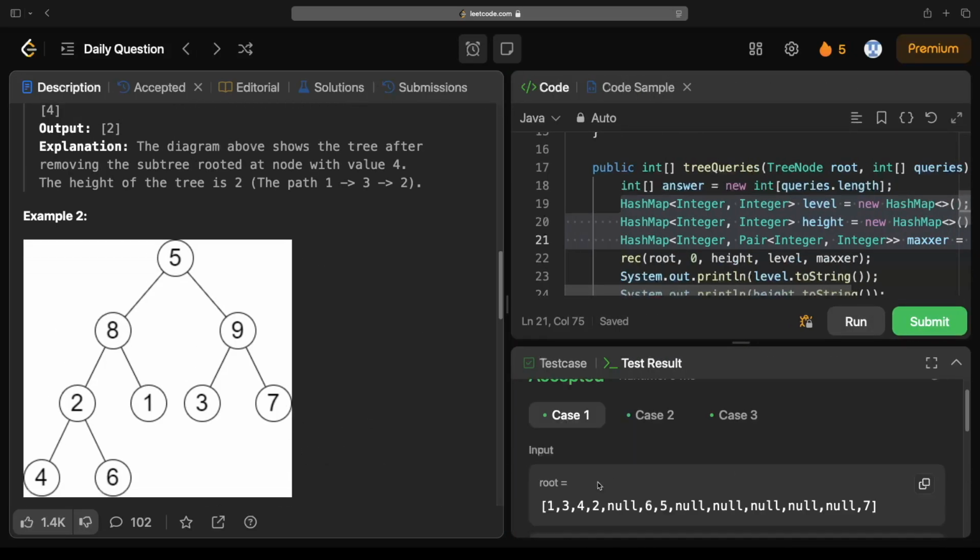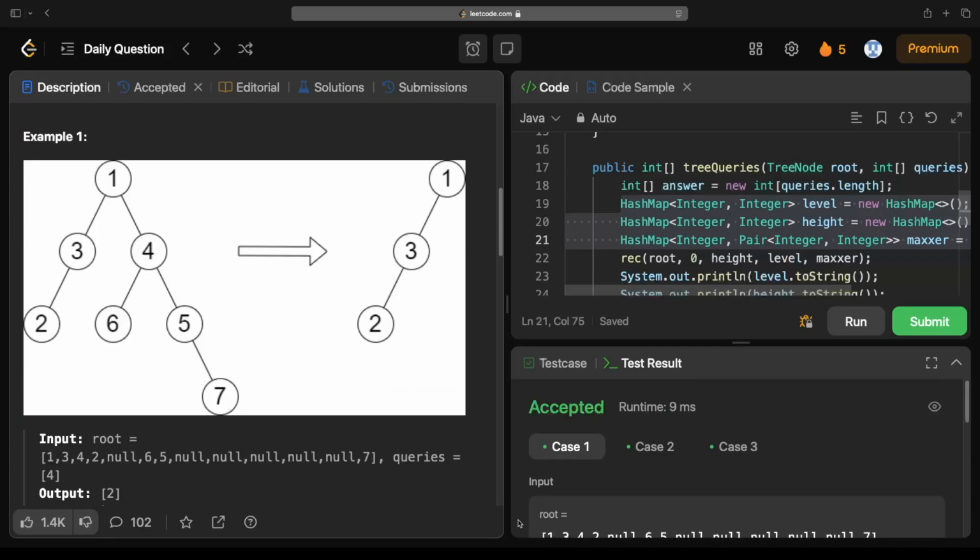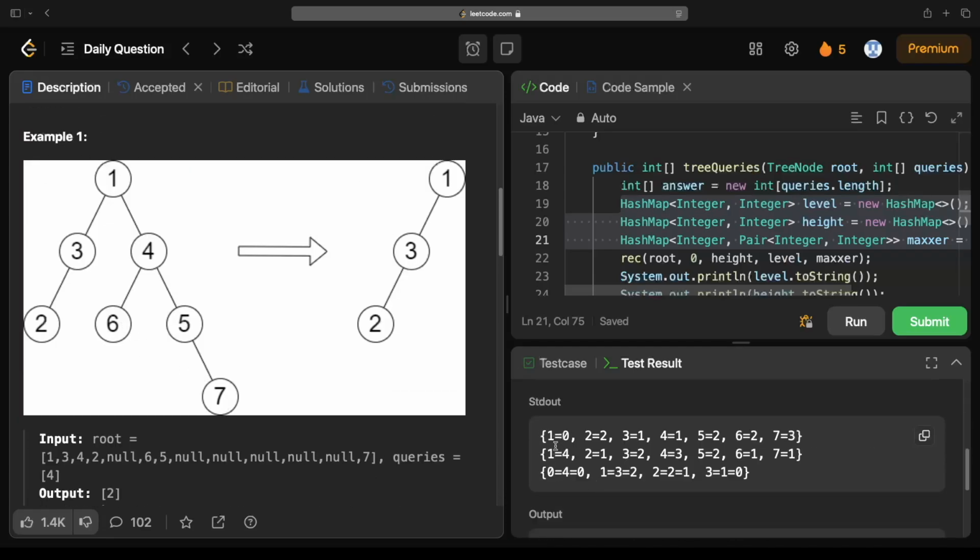So if you look at this example and you see my output here, you see that 1 is at level 0, so you store that here. You see that node 2 is at level 2, so you store it here. Node 3 is at level 1, and so on and so forth. You maintain the levels of each node, and then you also maintain the heights of each